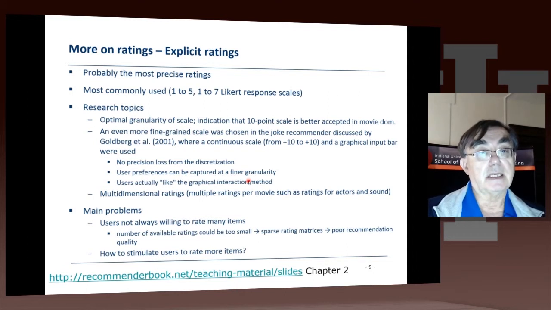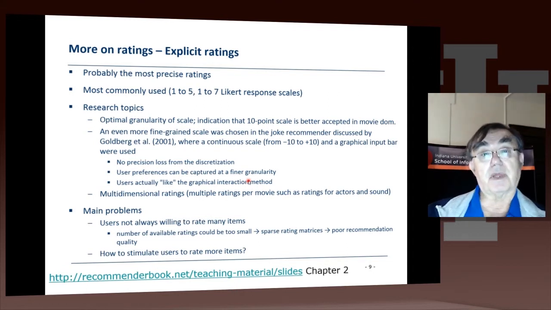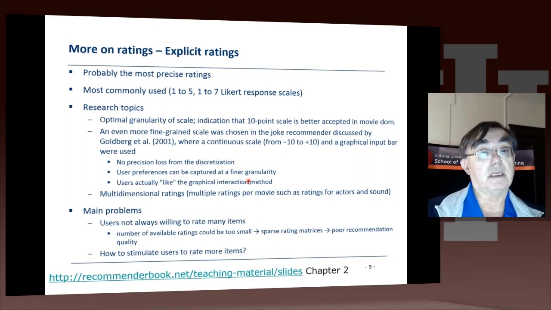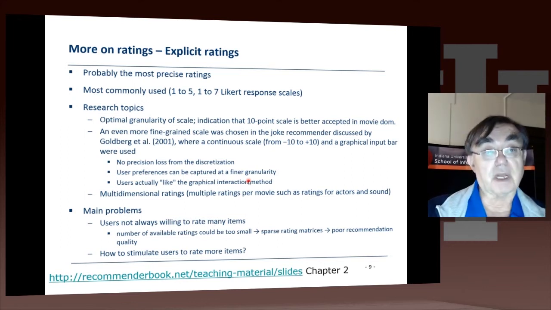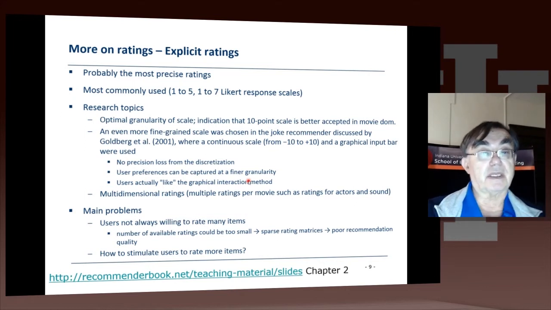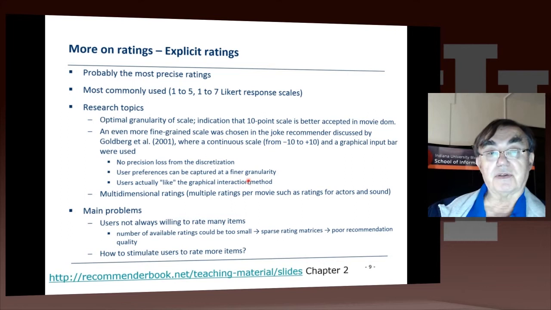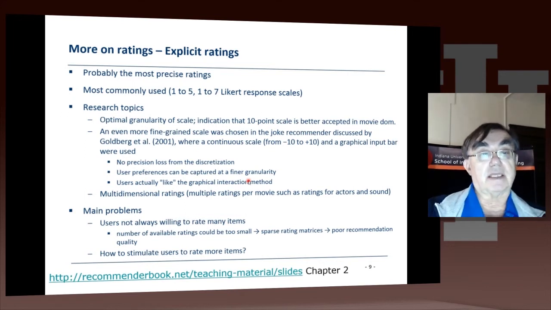And here are some remarks. This is actually for both item-based or user-based. The question is how you do rank ratings or rankings. If you go to any of these sites, you can see how they do it. They use stars or some sort of way of doing this. Likert is famous for having defined a whole set of response scales. I mean, the 1 to 3 is bad, good, best, or something like that, and 1 to 7 goes from violently disliked to violently liked with various gradations in between, and so on.